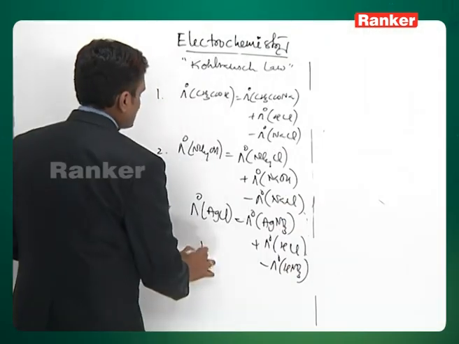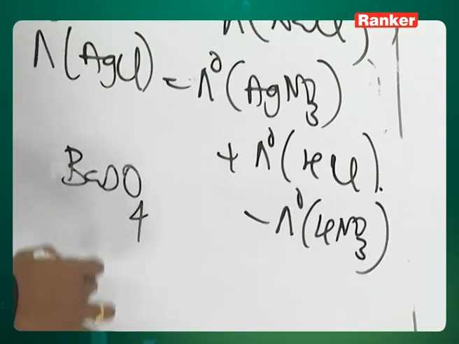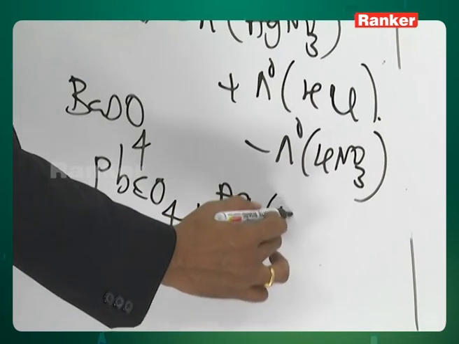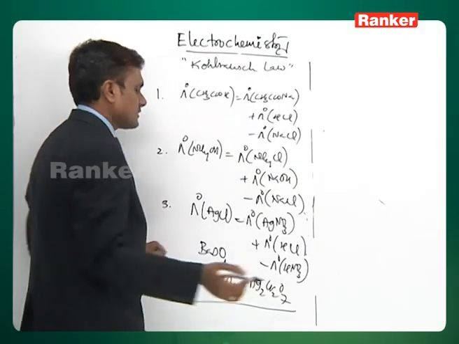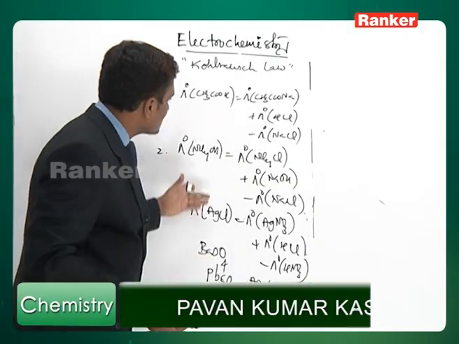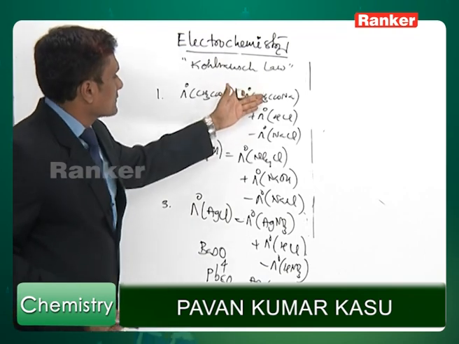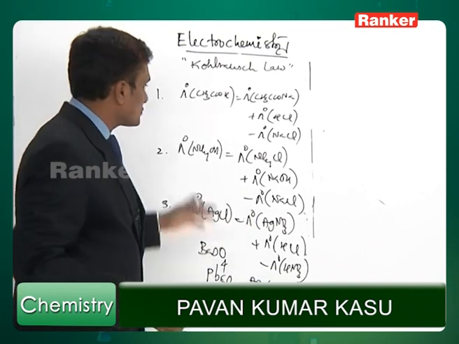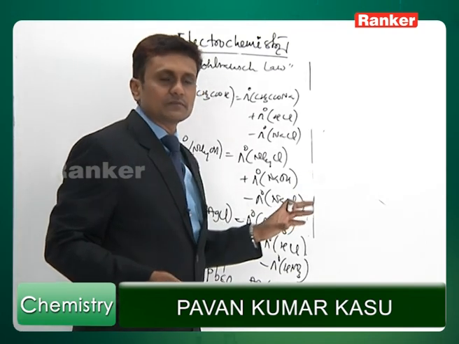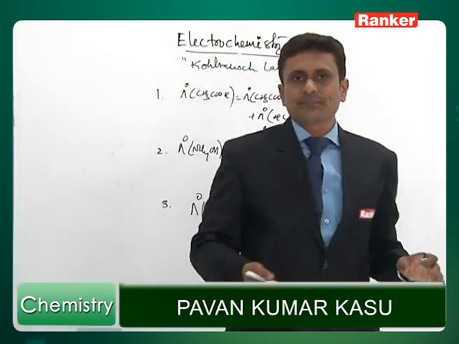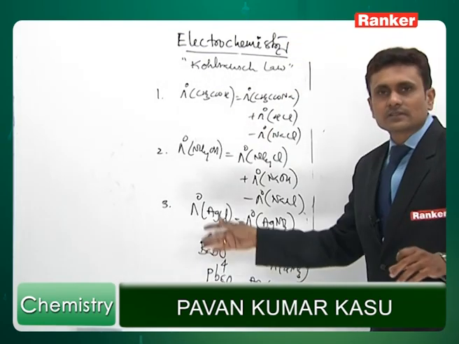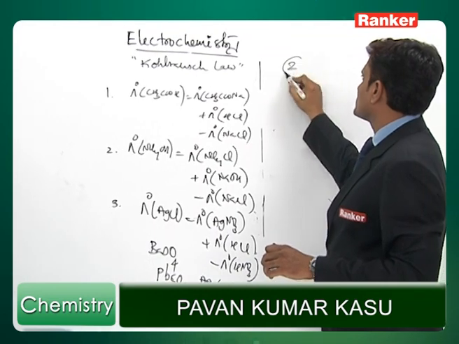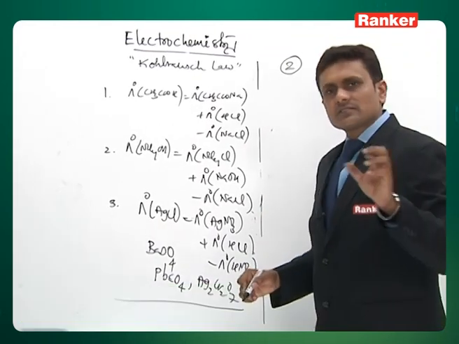Similarly, dear students, you also practice for barium sulfate, lead sulfate, silver dichromate, which are the precipitates or insoluble salts, by using the Kohlrausch law. You can see here you will be given these values, just you need to substitute to find out the lambda naught of a weak electrolyte. So Kohlrausch law is really useful here in order to find out the lambda naught of the weak electrolyte. Can you see here clearly? Now when it comes to the second application of this, second application is to find